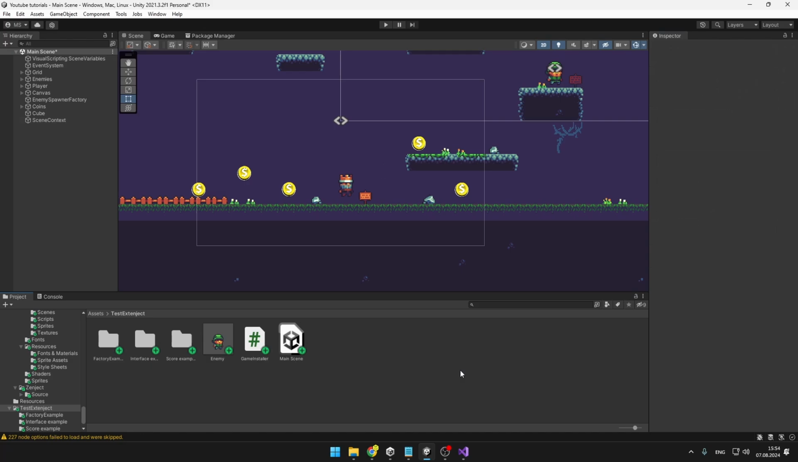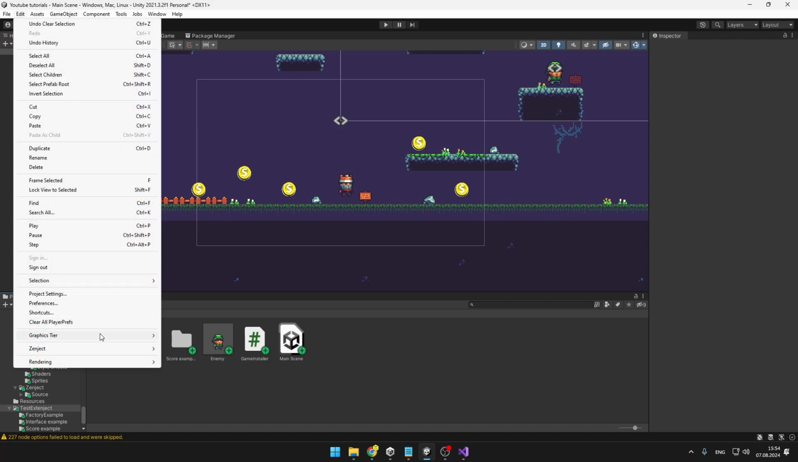And before you start the game, Extenject also allows us to simply check if we have successfully resolved all of the dependencies, because what could normally happen is that you forget to resolve some of the dependencies, then you start playing the game, and only after, let's say, 10 minutes of testing, you found out that you have forgot to set something. So the way you can test this is by going to edit, Zenject, and we can say validate